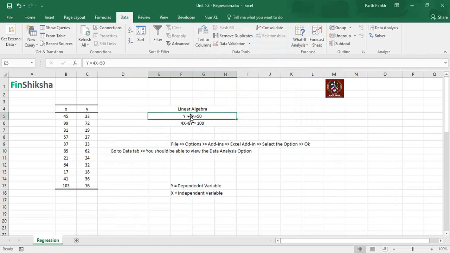So let's say we are given a total revenue target. We have to find how much sales is required. If we have x, the total number of sales achieved, then we'll be able to find the revenue. Vice versa, when we know the target, we need to find the input. When we know the revenue target, we need to know how much sales we need to make. So this equation is particularly useful when we know the input and we have to get the output. This is a primary fundamental of an equation: y is called the dependent variable, x is called the independent variable. This is a simple linear algebraic equation.